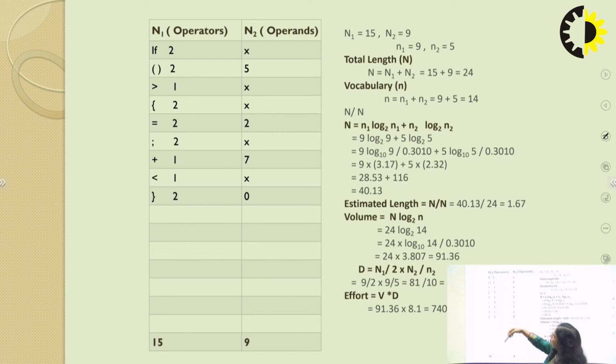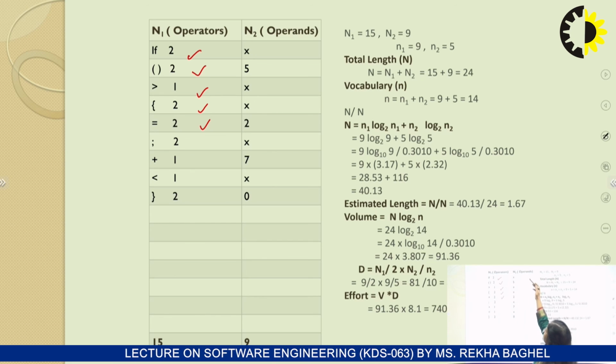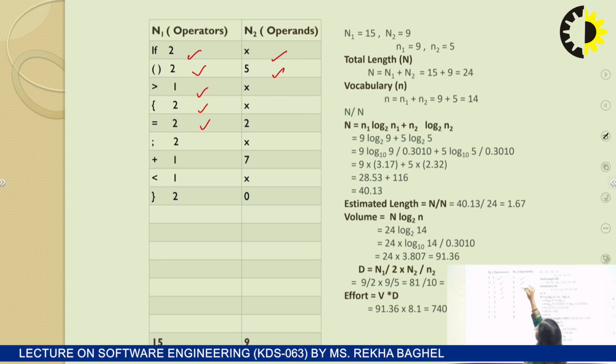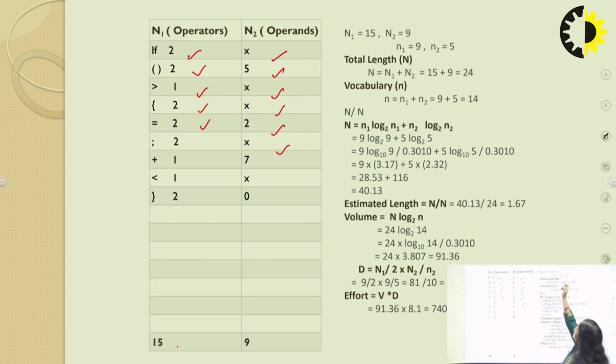So these are the operators: if, small bracket, greater than, curly braces, equals to, and these are their occurrences. This is the part where these are the operands, and we will calculate the occurrences of these operands also. Now finally we calculate the total number of occurrences and the total number of unique operators and operands. This is the total number of occurrences of operators, these are the total occurrences of operands, these are the unique operators and these are the unique